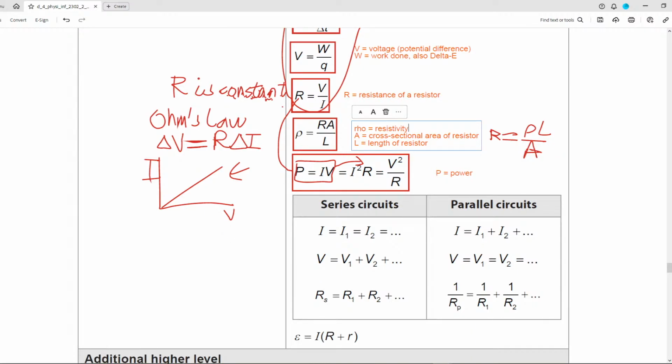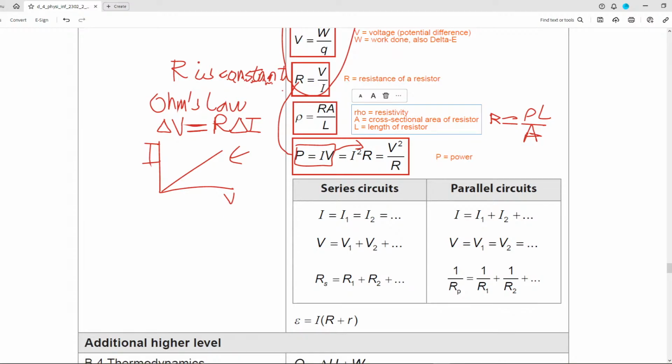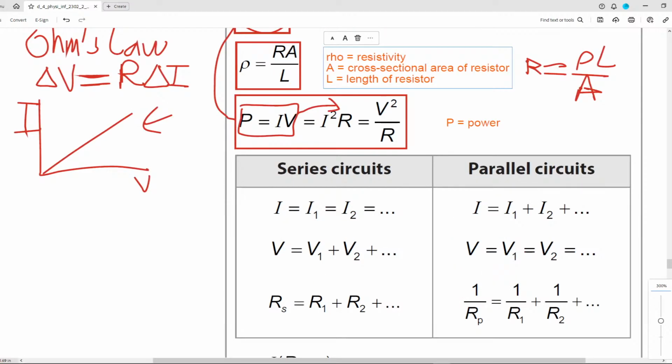Then you have properties of the circuits, series and parallel. Okay, parallel and series circuits. And then in series, this is the behavior of series and the behavior of parallel for currents and voltage, using, once again, R equal to V over I, which is always true, using R,